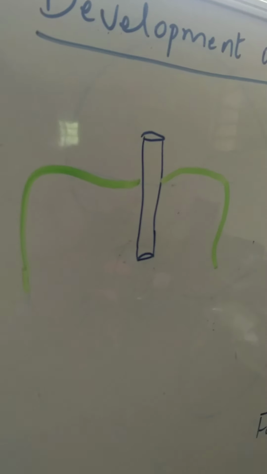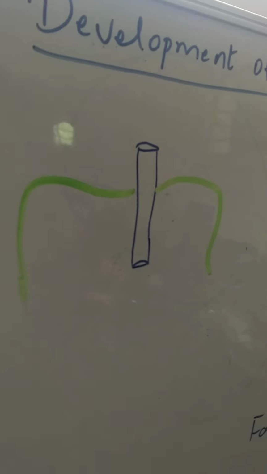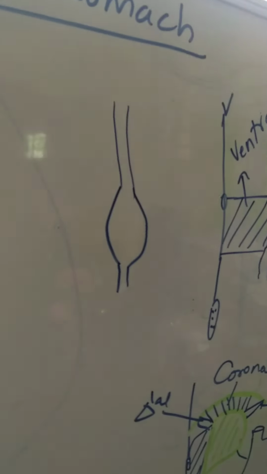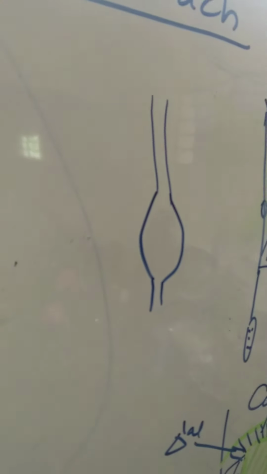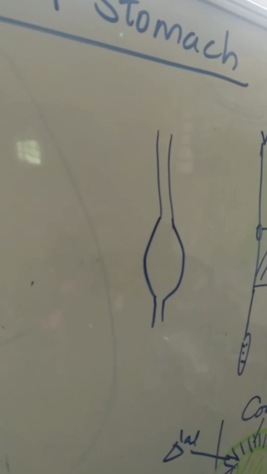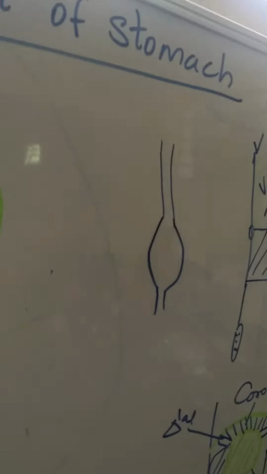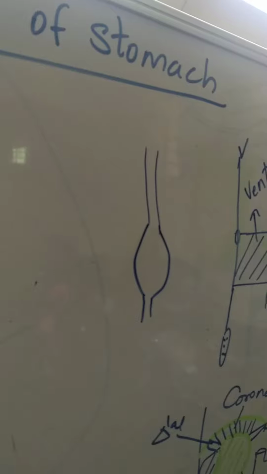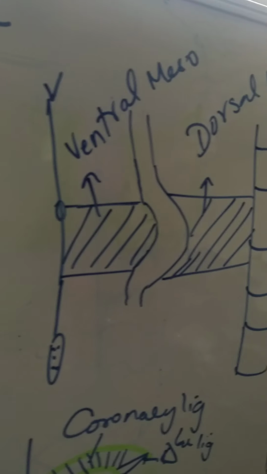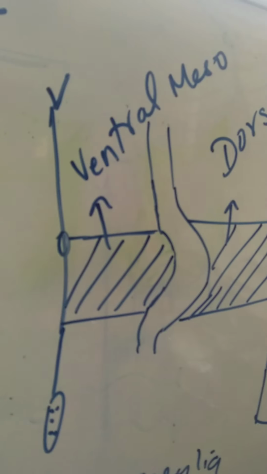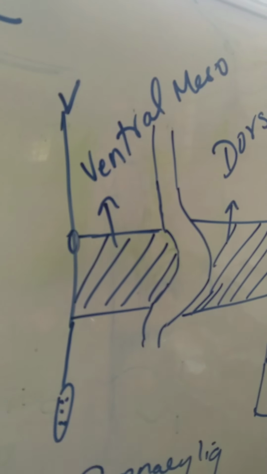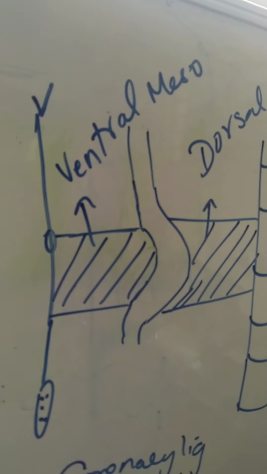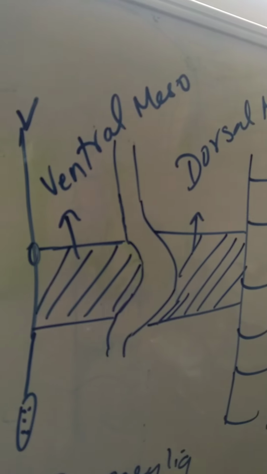Initially it's placed in the median plane. It's a tubular organ. So it will have fusiform dilatation. Like this, it will undergo fusiform dilatation, and also the ventral border will not grow rapidly, while the dorsal border grows very rapidly or more progressively. In such a way, it will subsequently be seen like this. Anteriorly you can see the umbilicus, xiphoid process and pubic symphysis. Posteriorly you can see the vertebral column. You can see the ventral border has become concave and short. The dorsal border is growing very rapidly.